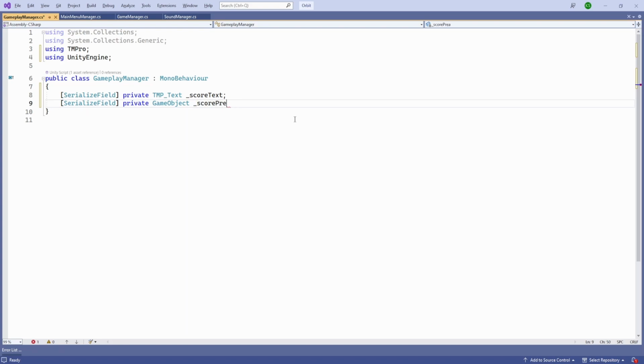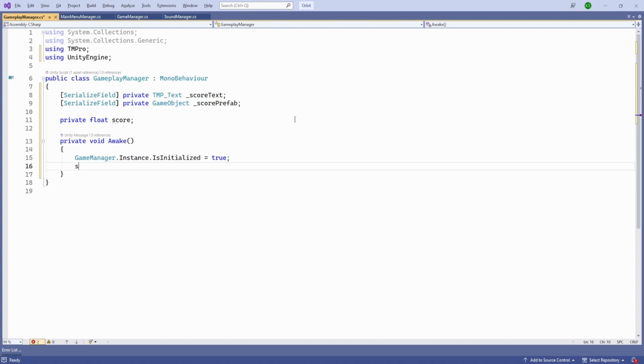And private float for our score, and inside our awake we'll initialize our game manager, and our score is going to be 0, and let's have it as an integer, doesn't matter. And our score text is going to be score.toString, and will spawn our current score,